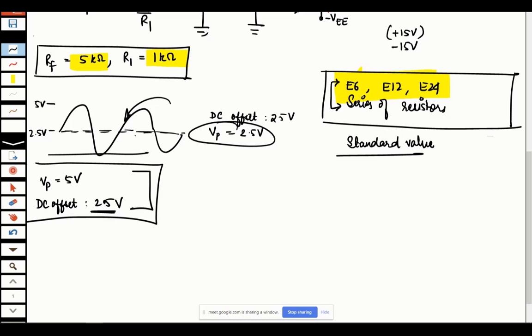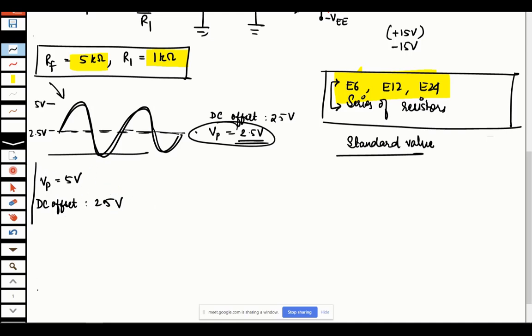So just on Falstad, if you wanted to generate this kind of signal, you would have to say DC offset is 2.5 and peak value is also 2.5. Then it will generate a signal like this that goes all the way up to 5 volts. But if you were doing this on a practical function generator in the lab, you would have simply done this, which would have been sufficient. So you need to change how you define signals based on the simulator.